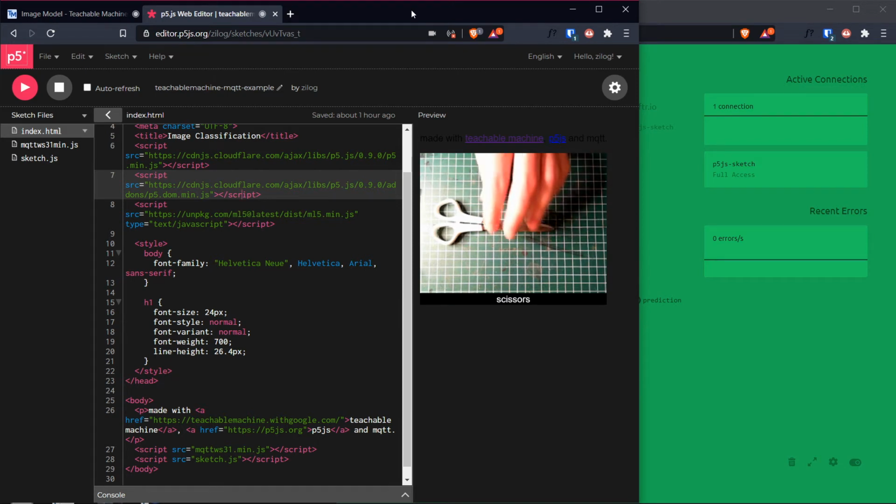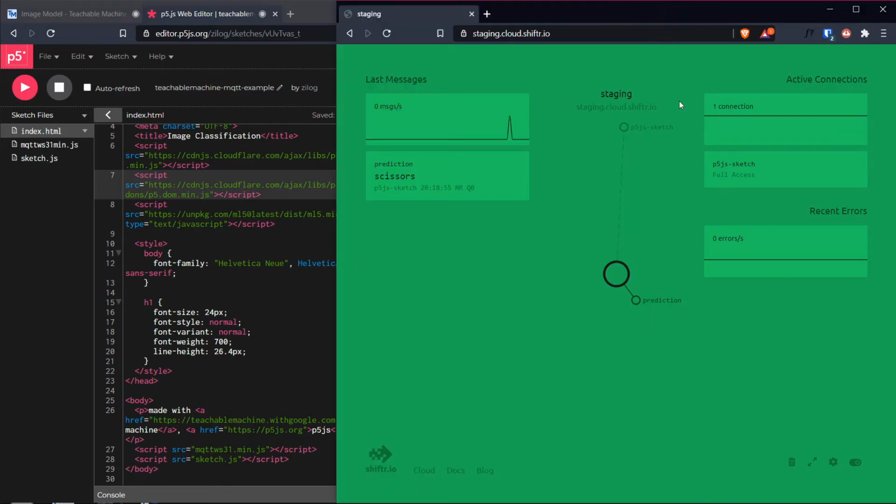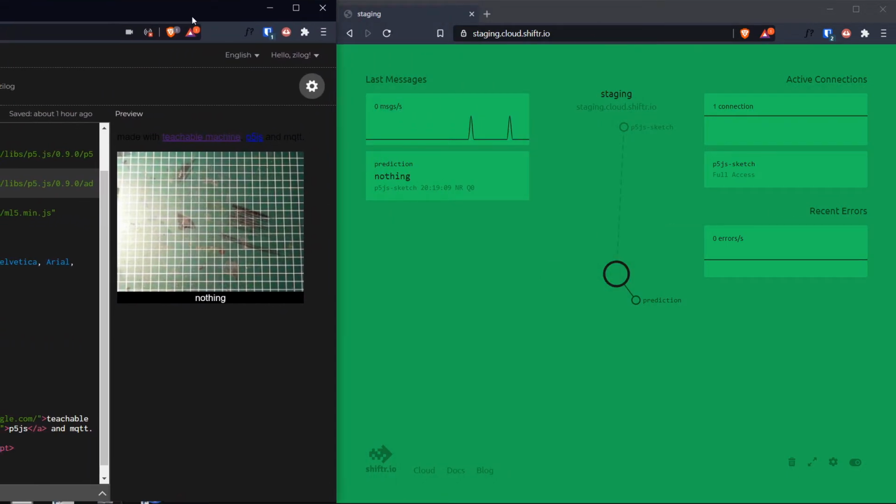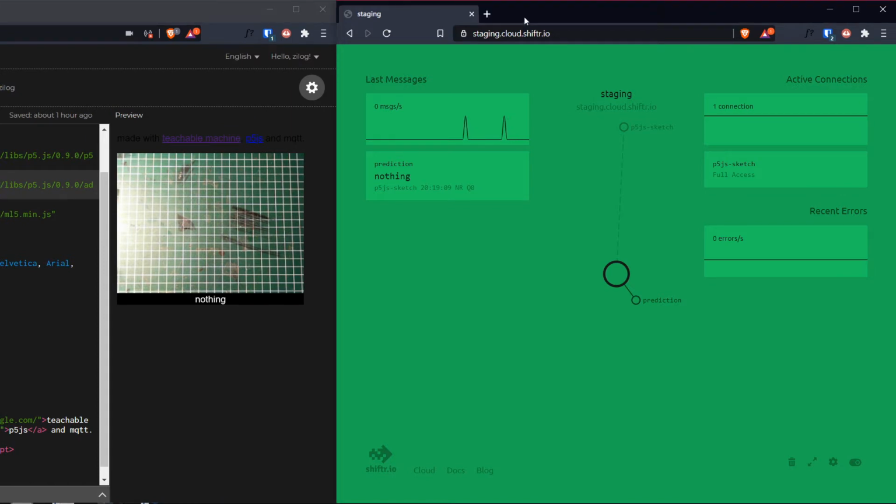So as you can see, when I place scissors, it recognizes the scissors, and over here we have the MQTT broker. So every time, let me show you these together. I'm going to drag this one over here so that you see the video input and you see the result in the MQTT broker. So over here you have, so my P5.js sketch is connected to the broker, and over here you have a topic called prediction, which is what this